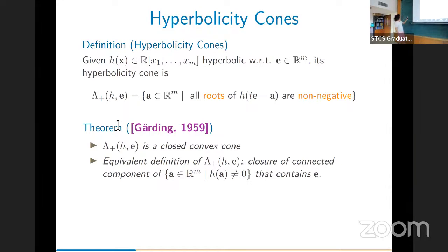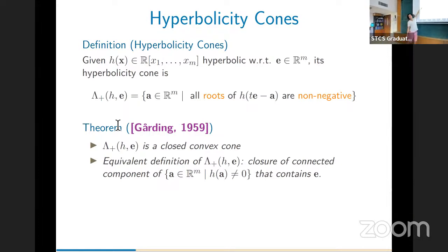Okay, so this is how you only talk about non-negative. You can talk about the function h(E minus A/t) also. Okay, and so that's the model. And you said you always have 4 real roots, and then how did you decide this non-negative cone? Oh no, this is Gårding's theorem. Right, this is his theorem.